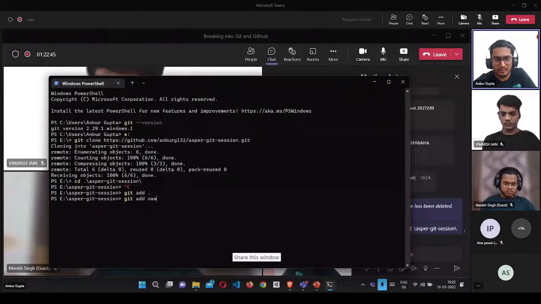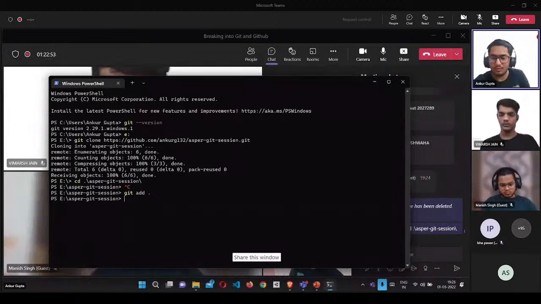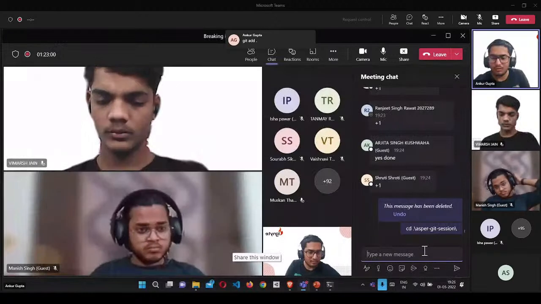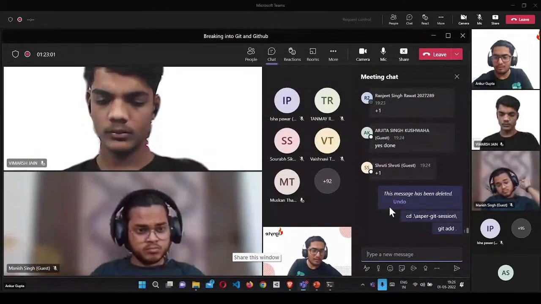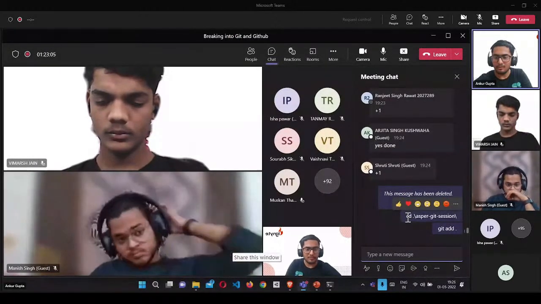That will also do just fine. But git add dot essentially looks into all of the repository code base. So then we just need to use this git add dot. I'm sharing all the commands in the chat box so you can follow along. Just git add dot, right?